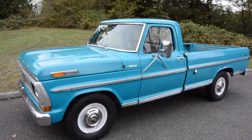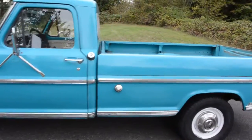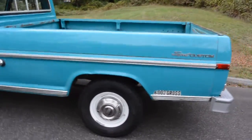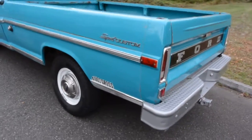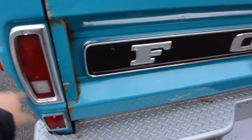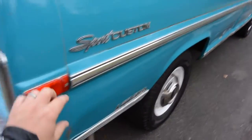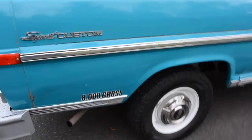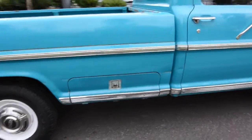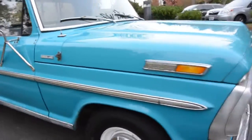Alright, here we are in our beautiful all-original, one owner 1971 Ford F-250. It's the camper special with the Sport Custom package, so it has all the nice chrome and the aluminum trim on the back of the tailgate, the trim around the tail lights, the skinny side trim rather than the big fat stuff. It's all original paint except for the driver's side fender has been repainted and blended in